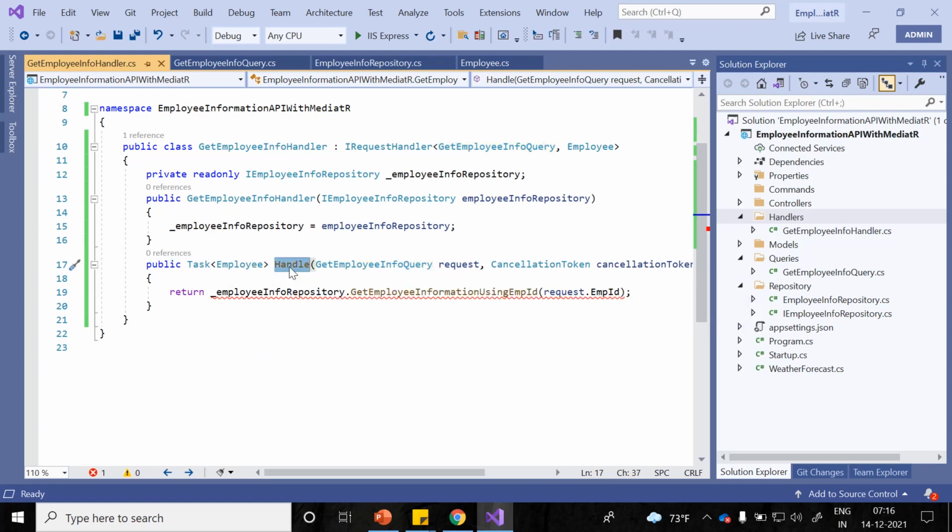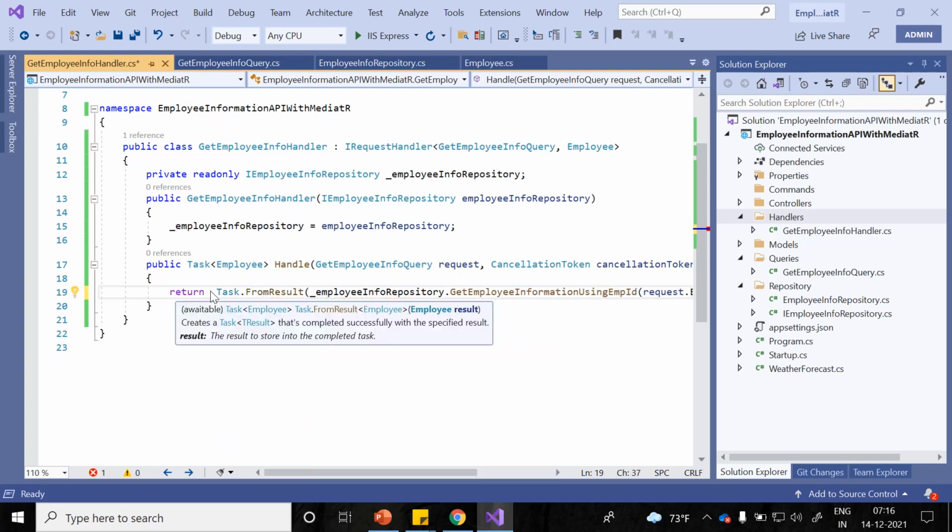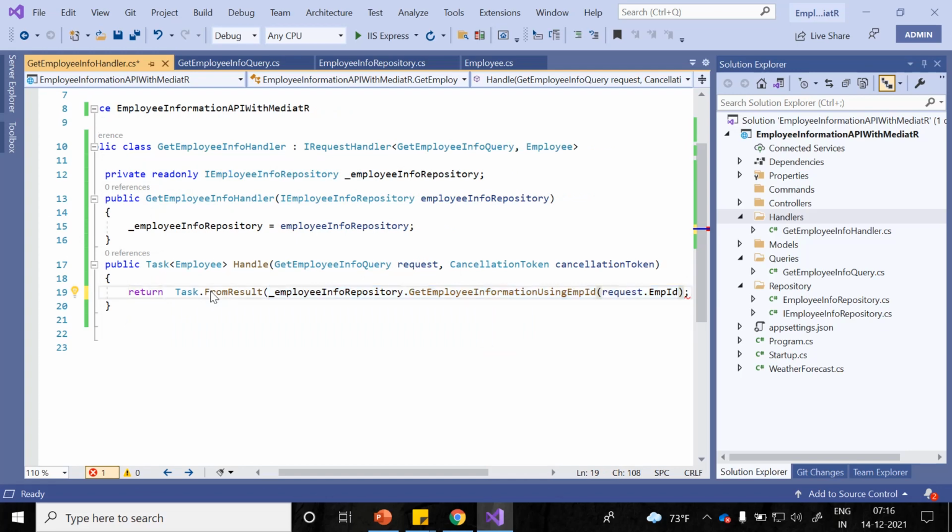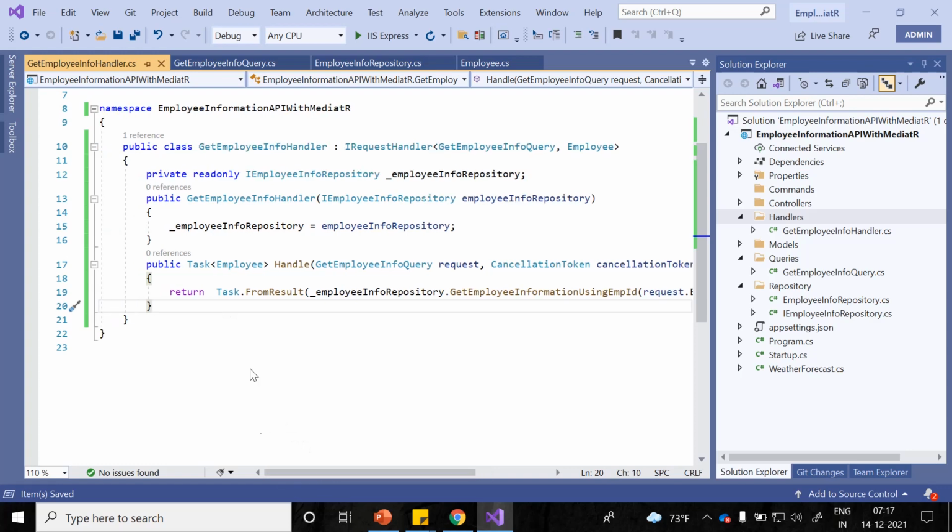this handle method has a response of Task of Employee. Now just try to convert it using Task.FromResult. Okay, we are done even with Mediator as well. Now our last step is like